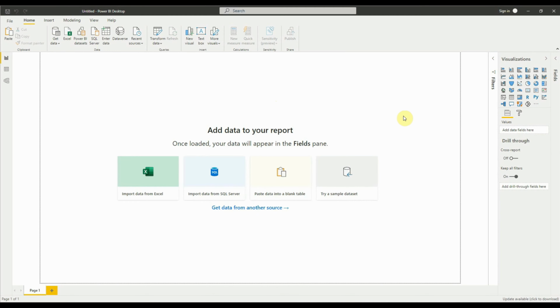Hello viewers, in today's tutorial we are going to learn about an alternative or workaround for a tab display in Power BI. So what is a tab display? A tab display is a control where you can accommodate multiple visuals and display them based on clicks on tabs